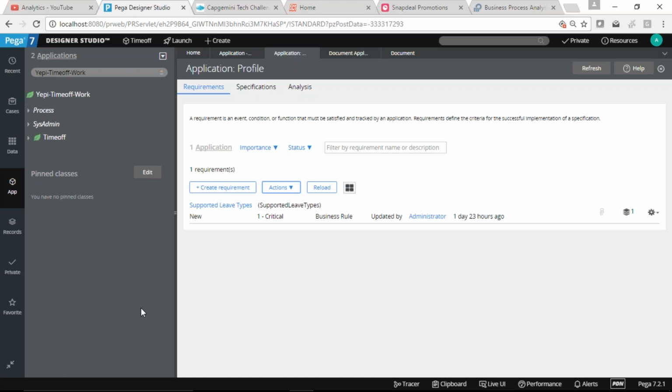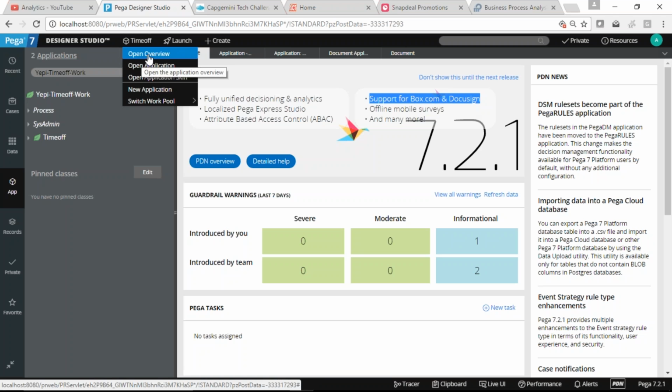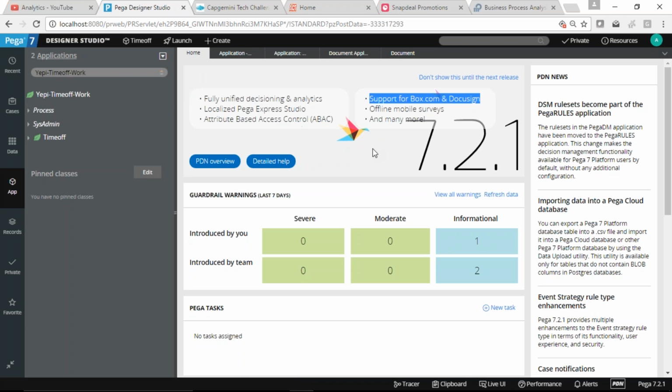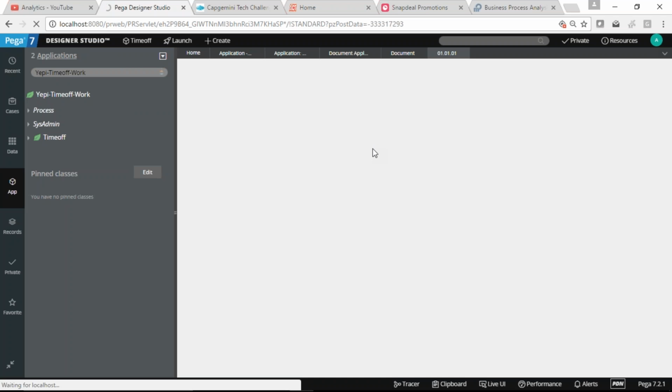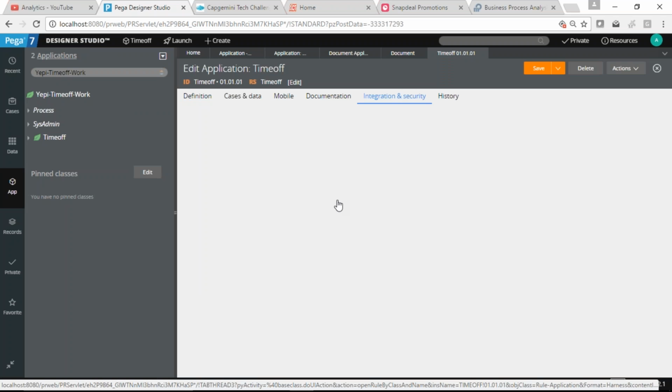Currently I think Pega is integrated with box.com. Now they are integrating with repositories, box.com and DocuSign, to provide support for a document repository. They've started that. If you see the application, there is a content management link within the application. If you don't want to include it within Pega, you can use CMIS as well, for content management.